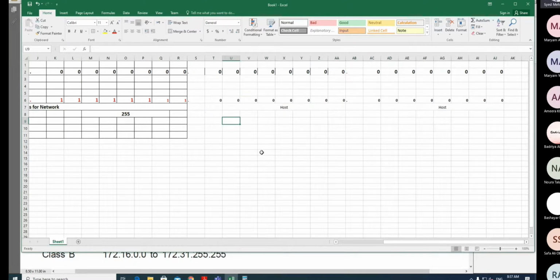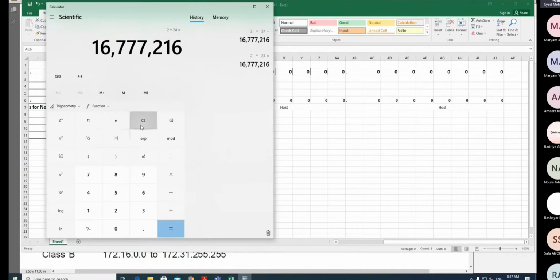How many hosts can be accommodated in class B? Tell me, please. No, no, no. 8 plus 8, 16. So 2 power 16. This is the number of hosts that can be accommodated in class B